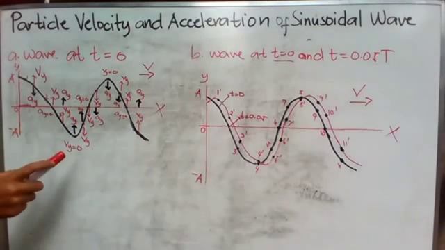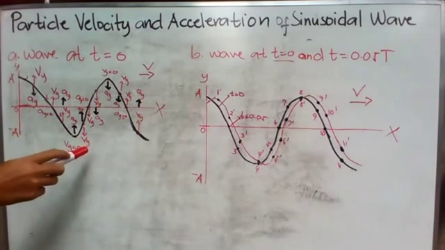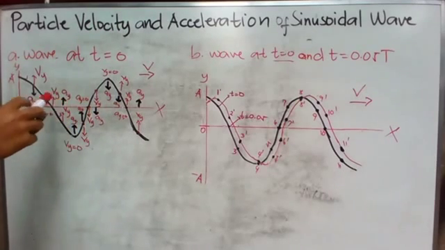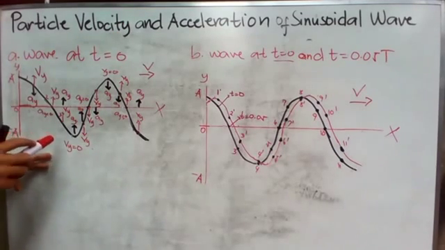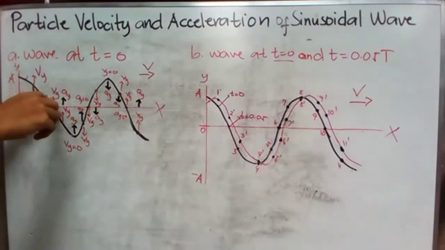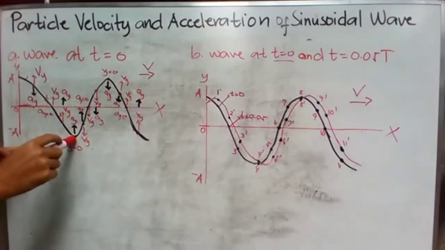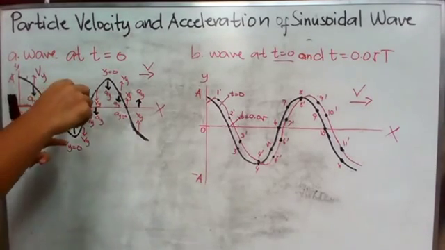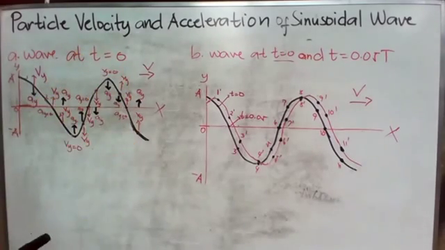So going back here, the acceleration ay at each point of the string is proportional to the displacement y at that point. We have to remember that the acceleration is upward when the curve is upward, just like this one, and the acceleration is downward when the curve is going downward.